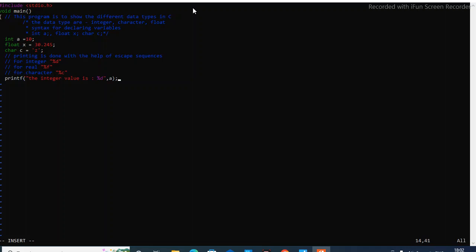Okay, so what will happen? In this way the first message, "The integer value is:", will be printed, and at the place where I have written %d, the value of a will be printed. Clear? So now similarly we can write printf,